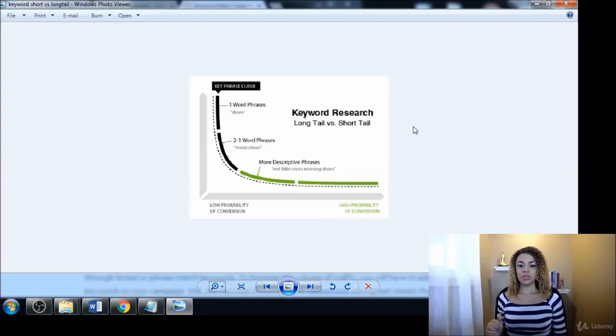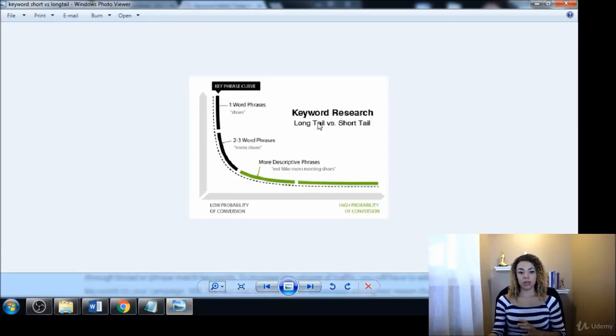Right, so let's get into the kinds of keywords that there are. First of all, there's two types of keywords. I hope you guys can see this picture all right. I tried to make it bigger, but it gets a little bit blurry. But this was the best picture that I could come up with that really showed a good description of what I'll be talking about. So basically, there are short tail keywords or seed keywords, and there are long tail keywords. And then, of course, there's keywords that are in between those two. But those are the two main types, okay?